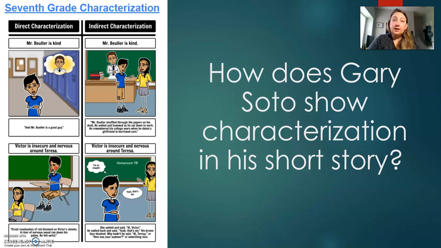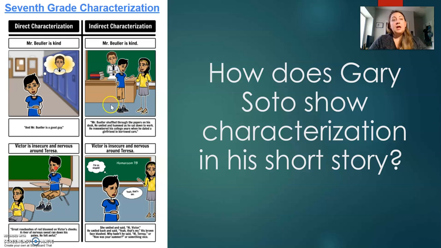But indirect characterization to see if Mr. Bueller is kind is when Gary Soto says, Mr. Bueller shuffled through the papers on his desk. He smiled and hummed as he sat down to work. He remembered his college years when he dated a girlfriend and borrowed cars. So this is Gary Soto indirect characterizing Mr. Bueller. We know he's kind because he's not calling out Victor for not knowing French in front of the girl